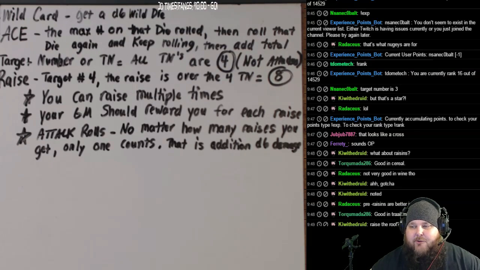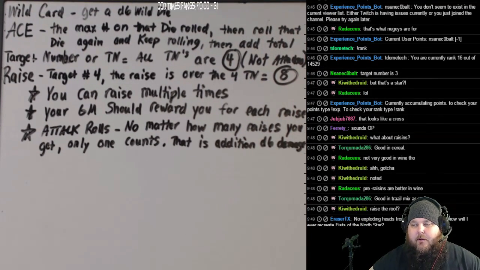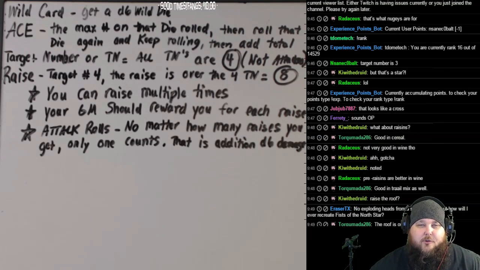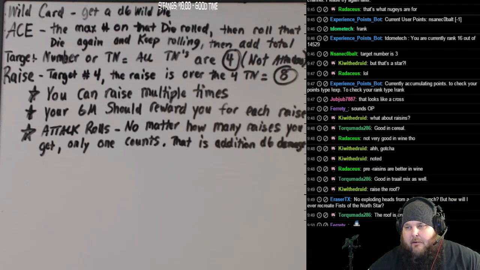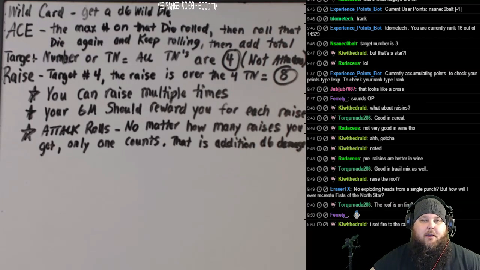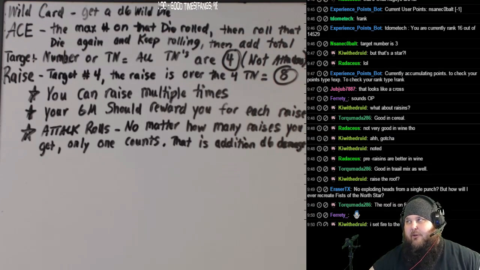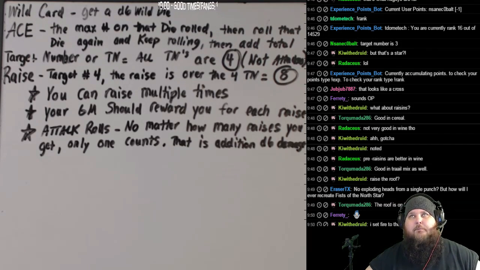So that's the raise terminology. All right. Now let's look at the next thing. We've talked about the target number of 4. So what happens if you need to do some kind of skill test that you're not trained in? So say that my brawler, you know, I already have... no, actually, he doesn't have that. We'll just say that my brawler doesn't have